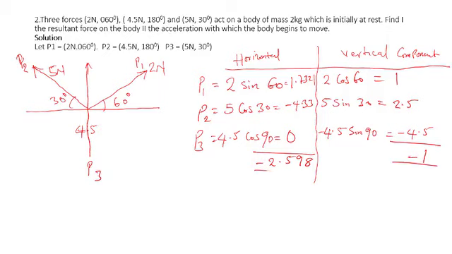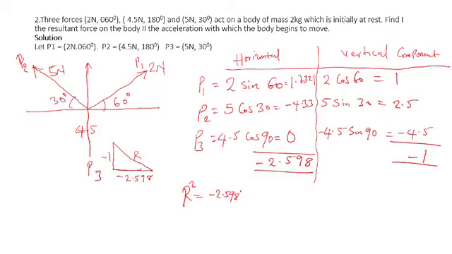So we've resolved this into two different components. That's to say, we have a force of this nature. The horizontal component is minus 2.598, and the vertical component is minus 1. This is our value. We've just resolved it into this format, but we have to get the value for our resultant. Let's do it. Resultant R squared is equal to